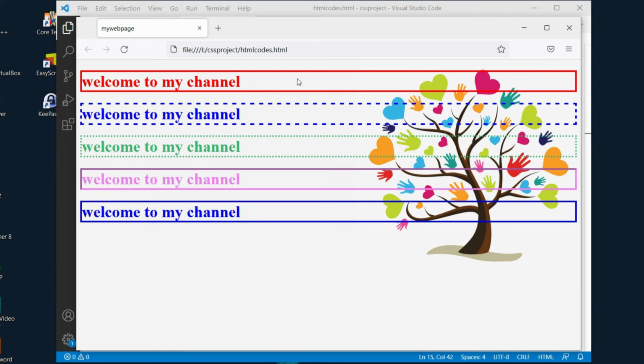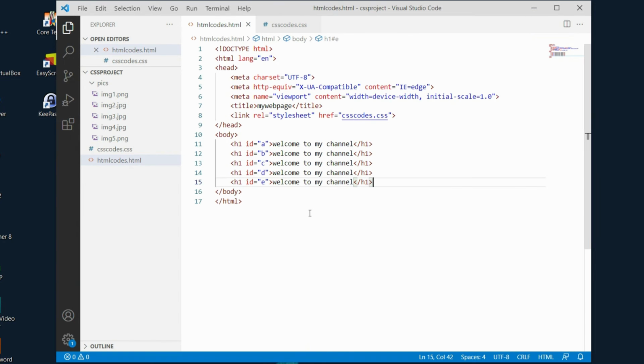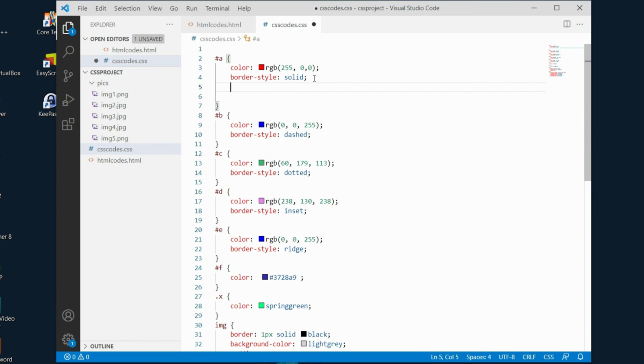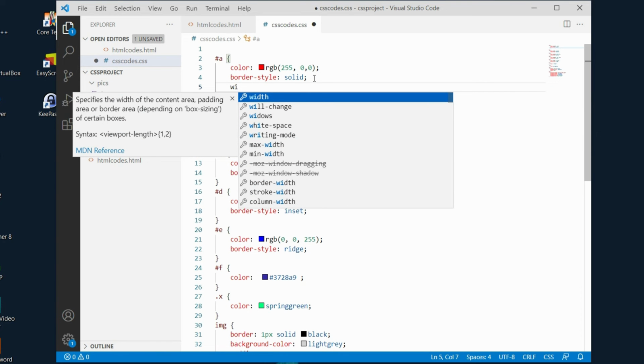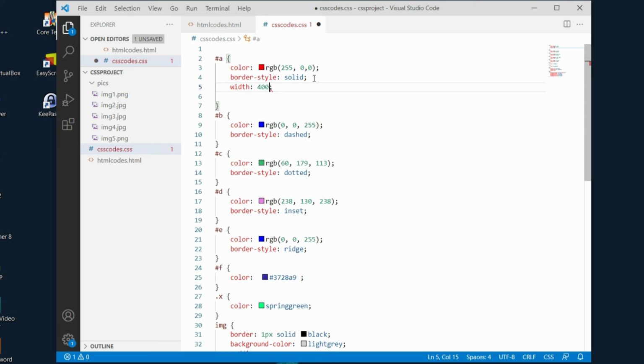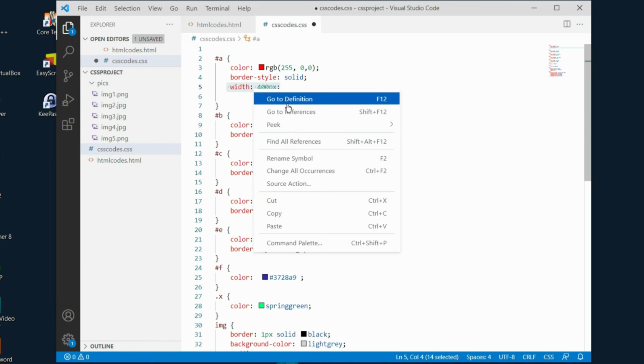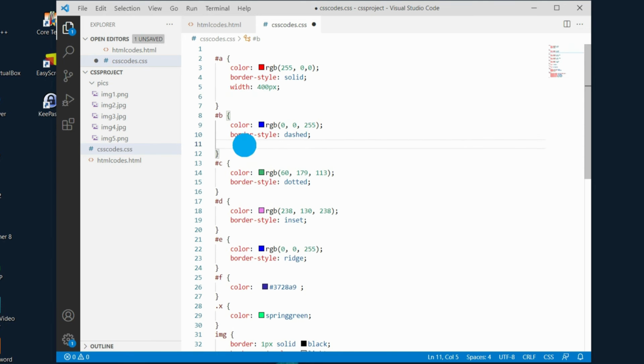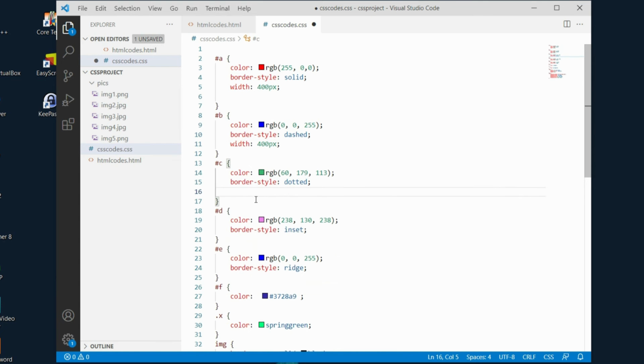But we can change the width of this tag. So we change the width of the tag so that it will be a little bit better. To change the width, you just type simply width, and after that you give a size for that. In this case, we say 400, because we want that all of our tags have the same size. So I just make a copy paste of this,